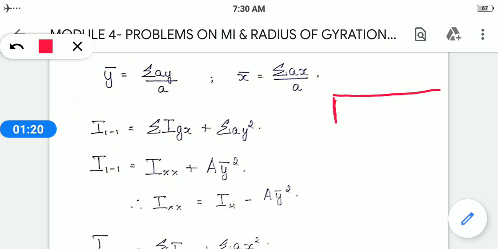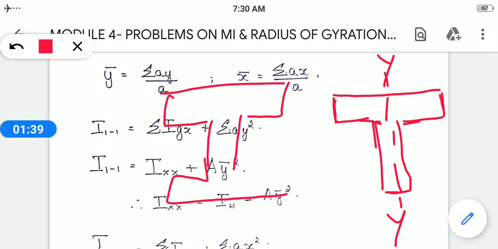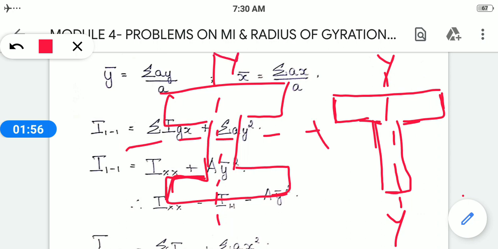Consider this is your structure. Whether this is symmetry or not, this is symmetrical about the y axis. Consider another diagram, another beam. Consider this, how does it look? It is symmetrical about both directions. When you cut like this, it is symmetrical, and when you cut this portion also, it will be symmetrical. So it is symmetrical about both the x and y axis. So there are two types of symmetrical things.